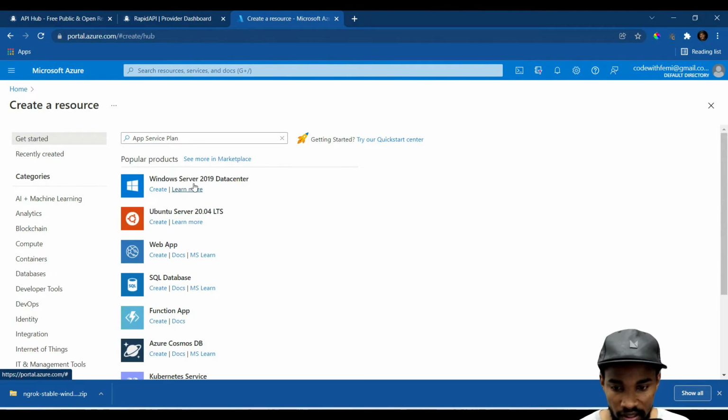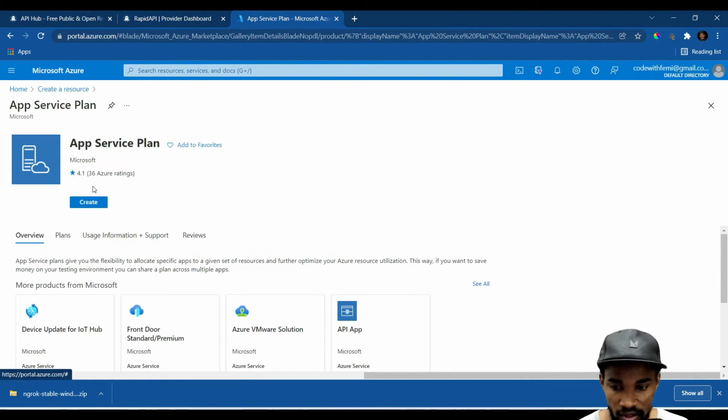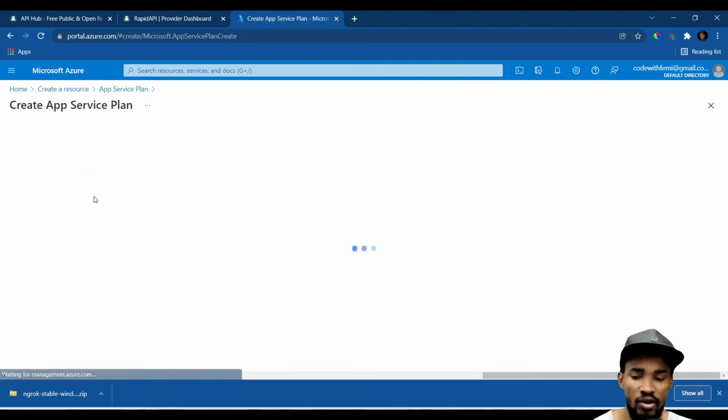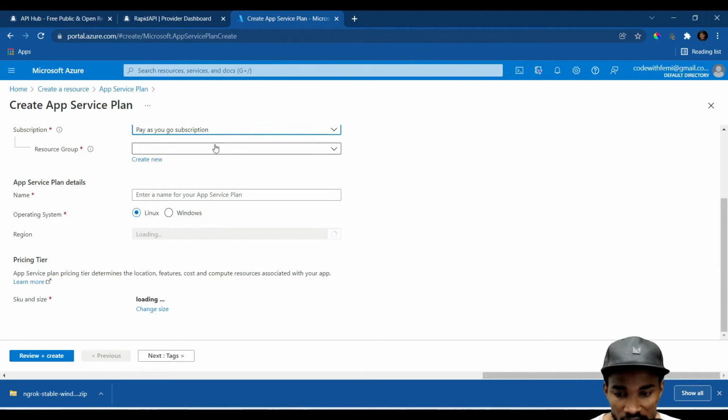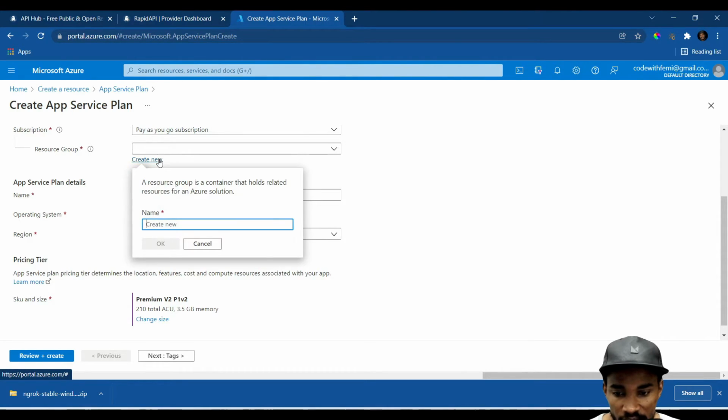So the app service plan, that'll be the first key thing you have to do. Let's create one. I'm just going to create a simple, small one that we can quickly use for this. It's pay as you go, which is fine. I don't mind. Let's create a new resource group actually, because I want to make sure that it's